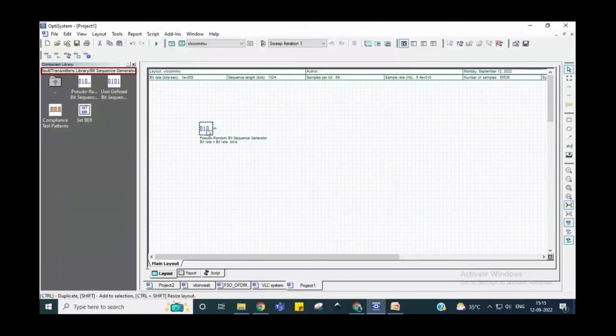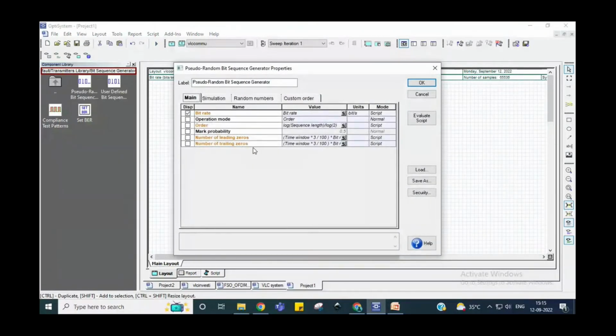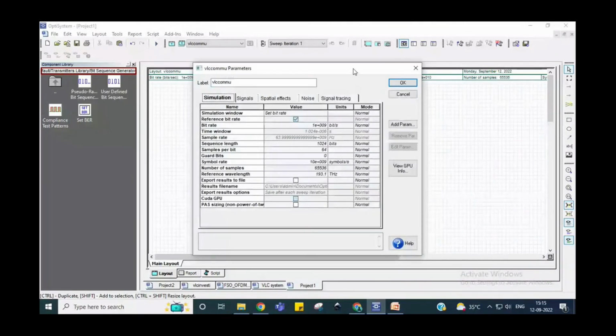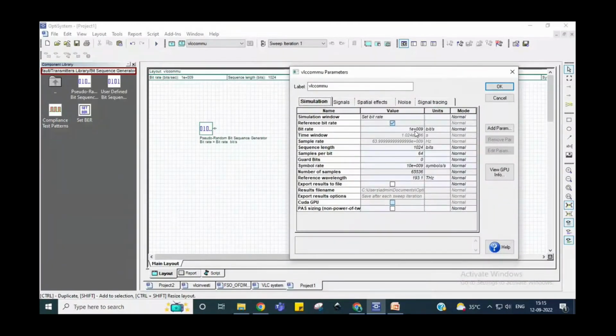Now each component has properties, and you can set them accordingly. If you double click on that particular component, you get the bit rate. Here it is set by default as a script, and the script equals the bit rate. This means it is directly connected to your layout parameters. For example, whatever the value of our layout parameters, here bitrate 1 Gbps, it will be automatically taken by this pseudo random